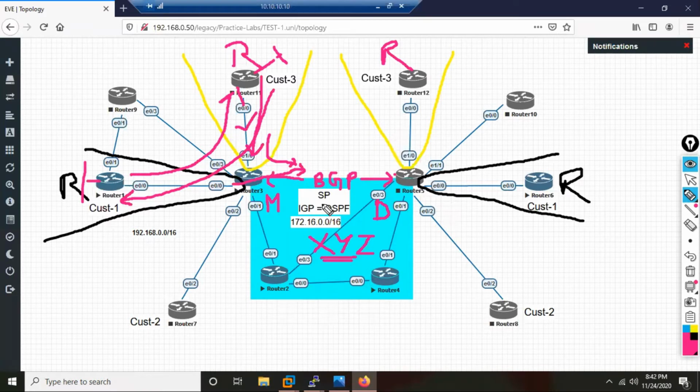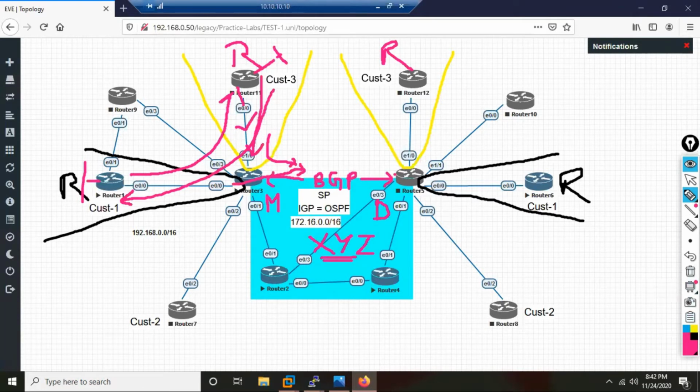If the service provider engineers tell the customer that your routes will leak or your data will leak, immediately they will say, no, we don't want this service. They'll get scared. So you cannot scare your customers, and you cannot tell them all this. Whatever the customer routing is, so with RIP, there is a problem.